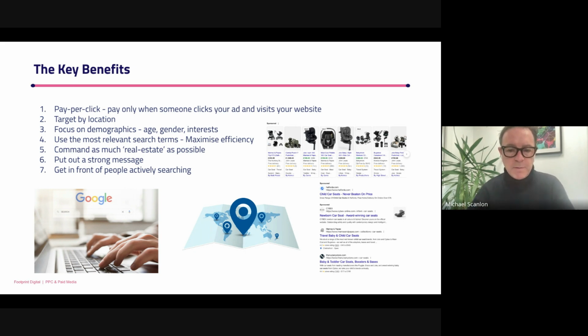And there's a bit of ambiguity there in terms of how that works for organic. One of the big things about paid media, and particularly when we're talking about search and shopping ads, which are the two things that we've got shown here on the slide, is you're putting your advertising, your messaging in front of people who are actively searching. So you know that these people are in the space to either inquire about a service or buy a product